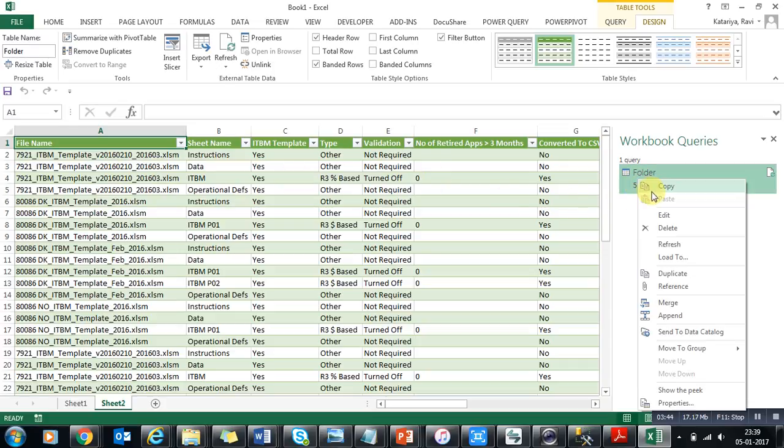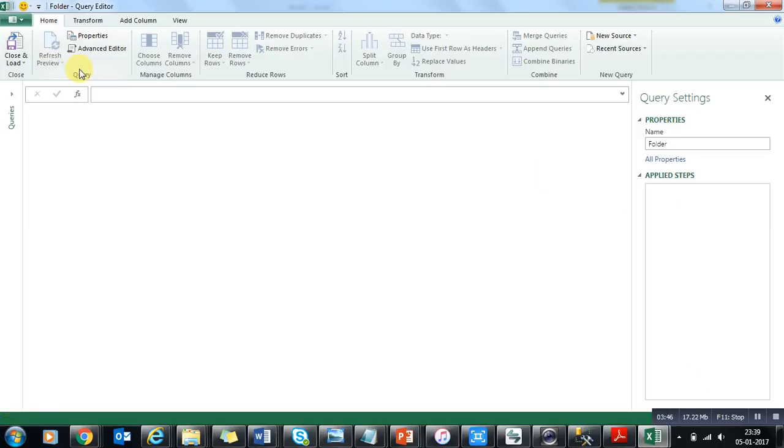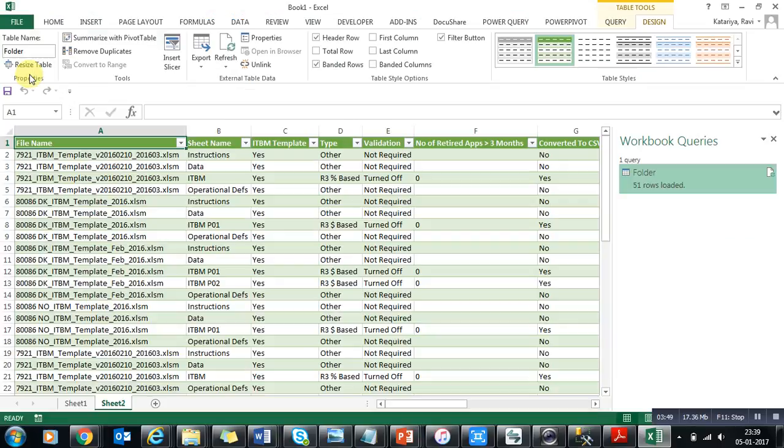We can do one more thing also. Let's suppose we have one more folder from which we want to pull and combine data, but it is not in the same location, it is in a different location. You can do that too. You can easily do it if the files have the same kind of columns, but if only some columns are available in the other files, then you can do it another way.